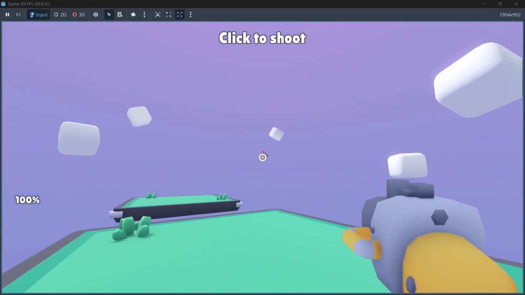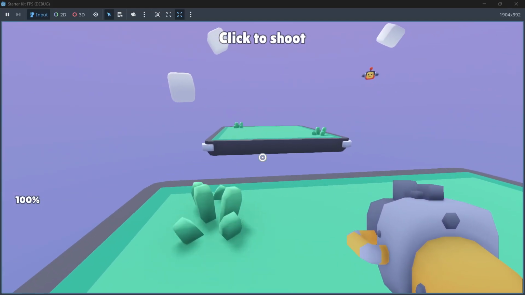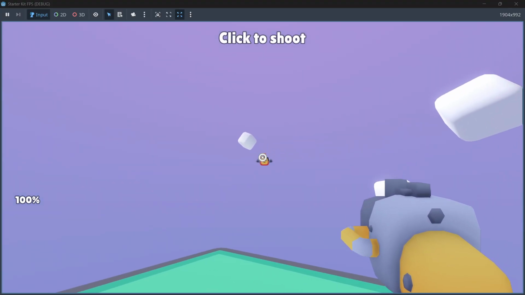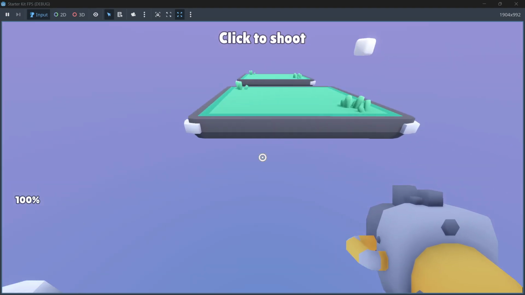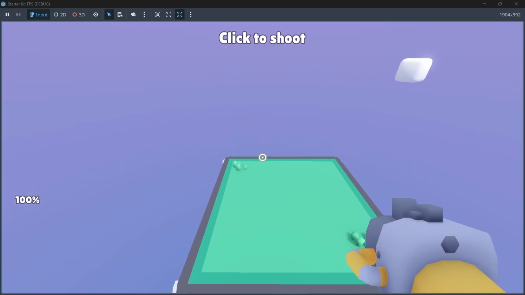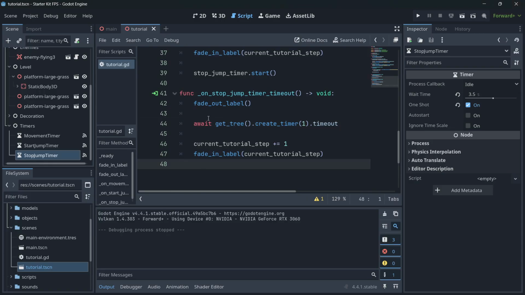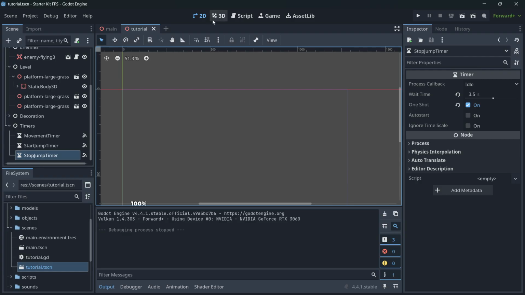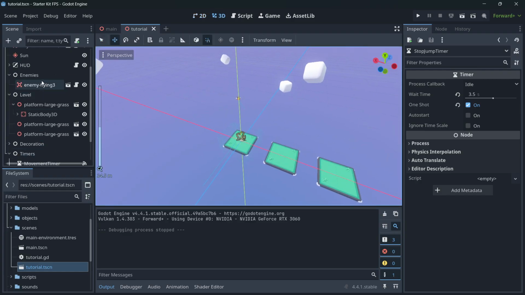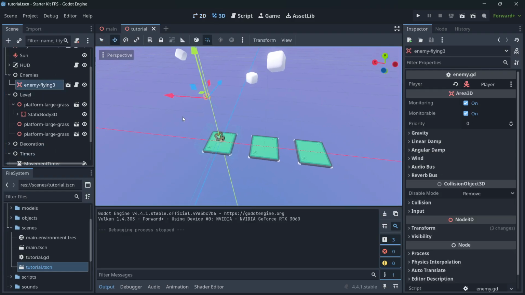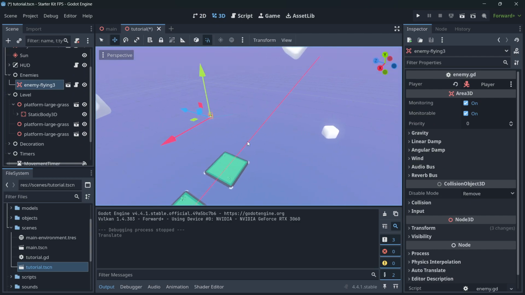Now we can click to shoot, so we can kill this guy. Oh, I believe that the weapon has some kind of range or whatever it is. But well, there it is, okay? I believe that you understand where this goes. So let's just try to put this enemy a little bit closer to the last platform. So let's just move it over here,